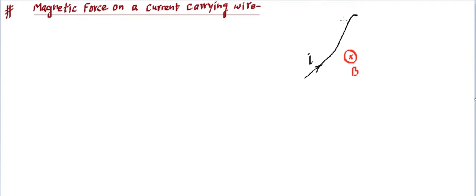We will be taking an element. So we will be considering a current element of a small length dl. So let's say this is current element and its direction is along the current, and that is dl vector. So in this small element, how much force will be acting, thus I'm writing. Then we can think of how the proof is coming.